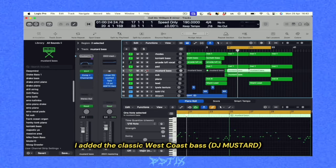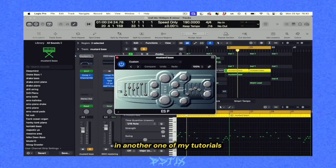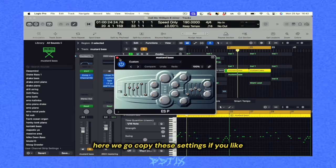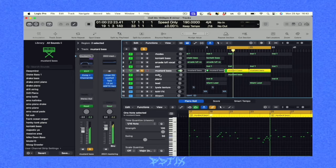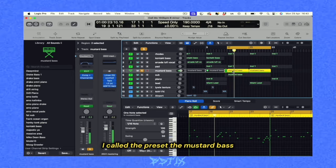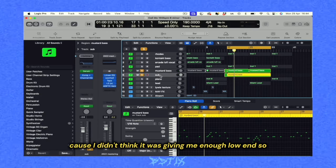I added the classic West Coast bass, which I've shown this before in another one of my tutorials. Here we go, copy these settings if you like, but it just sounds like this. I called the preset the mustard bass for obvious reasons. I added a sub underneath it because I didn't think it was giving me enough low end. So